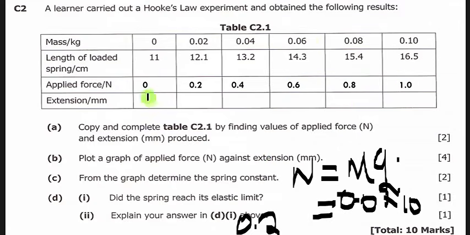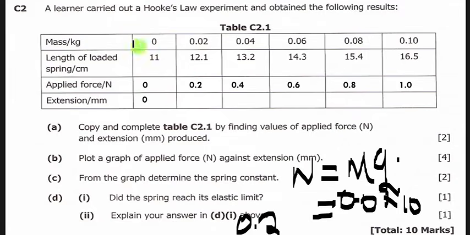Then extension now. When you haven't loaded anything, the spring will not extend, so it will be 0, guys. Now when you have added a force of 0.2, or a mass of that, then it goes from 11 to 12.1. So for you to find extension,